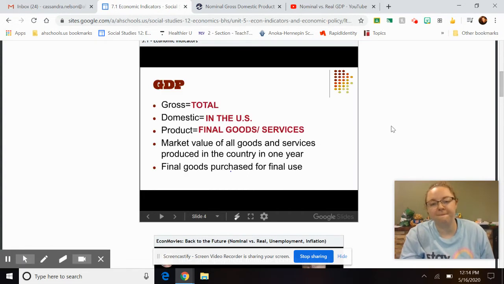But let's go. So GDP, gross domestic product, is the total in the US of the final goods and services. This is only finished products that have hit the market and have been sold brand new. It does not count if you go to the garage sale down the street and buy a t-shirt for $1. However, if you go to Target and buy a $15 shirt, that is counted in the GDP